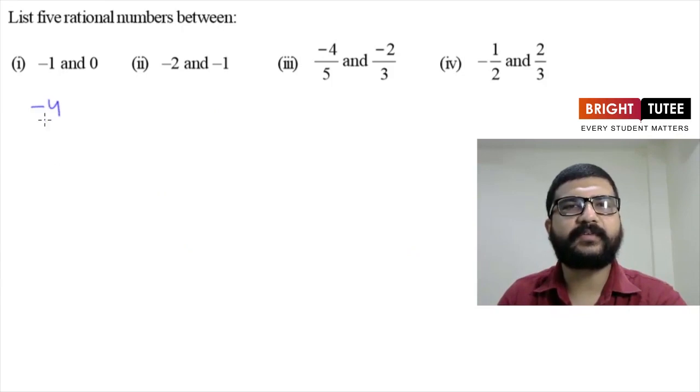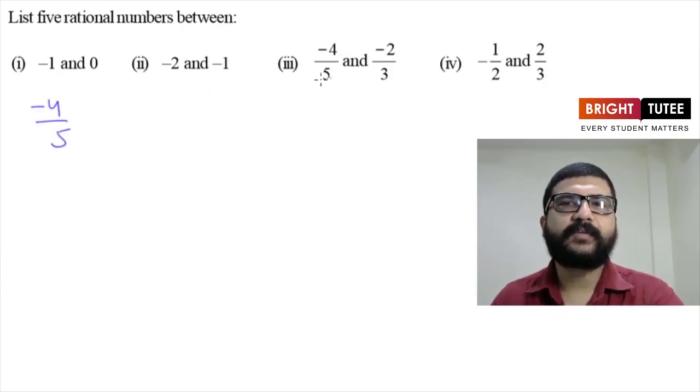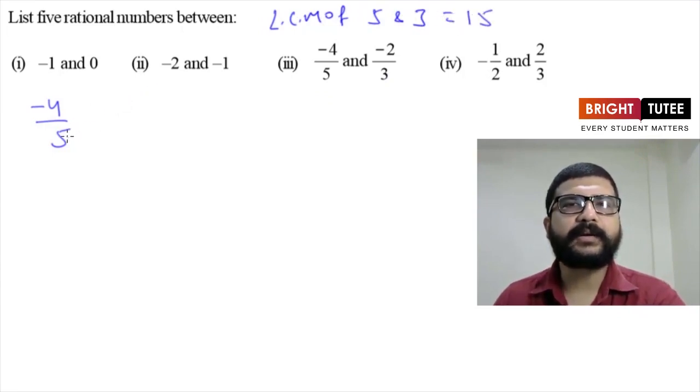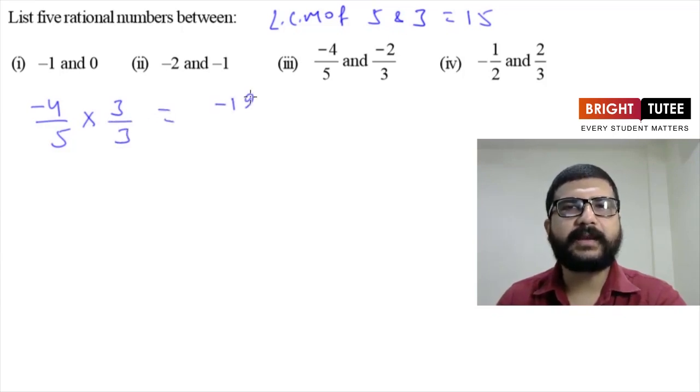So the first number is -4 upon 5. So what will be the LCM of denominators? LCM of 5 and 3. It will be 15. Now we will try to convert denominators into 15. So here for the number -4 upon 5, denominator is 5. Now how can we make it 15? We have to multiply it with 3. So let's multiply this number with 3 upon 3. Now this gives us -12 upon 15,